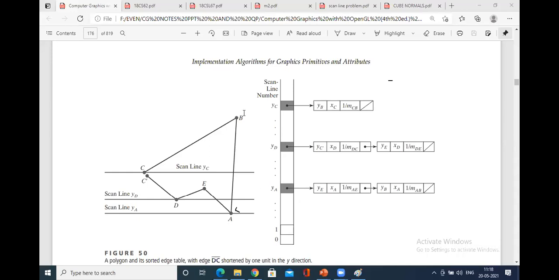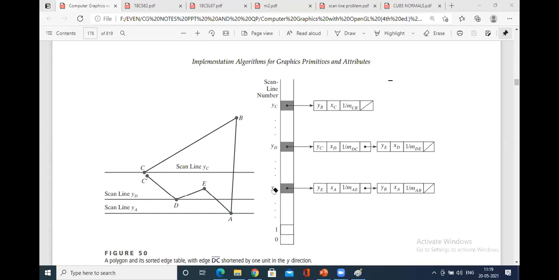See what happens. This is the scanline where we have to identify the x-intercept and y-intercept. So what you have to do is, first, as you have seen the algorithm, the y-intercept changes at unit interval. Imagine this is scanline YA, this is scanline YD, and similarly, there are many scanlines that pass through it. So it is quite easy to identify the y-intercept as it goes in unit interval, because the value of y at this point and at this point and at this point is one and the same, whereas the value of X goes on changing, right? So this is the way we identify it.